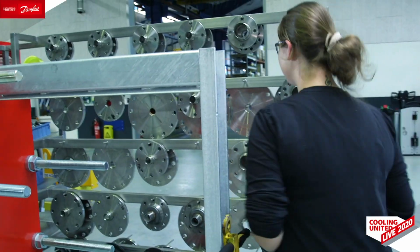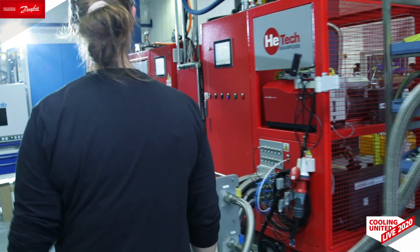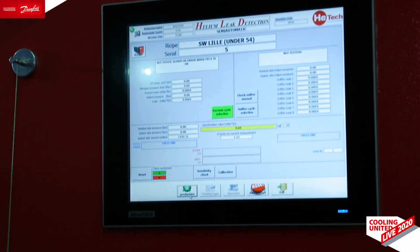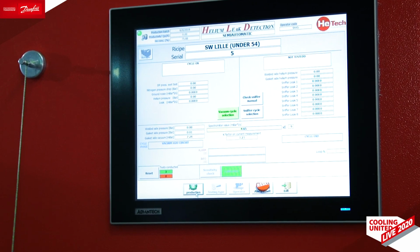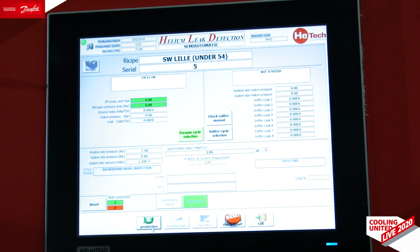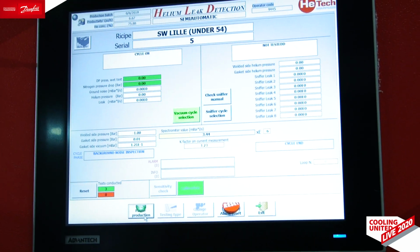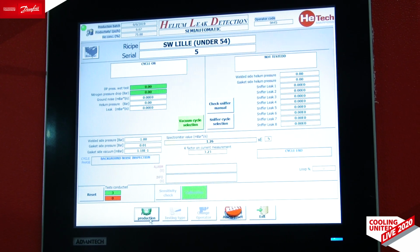This is our helium leak test equipment. You see that the heat exchanger is connected now with other pipes. We start by sucking vacuum on the welded side, going to full vacuum. Yeah, you can see -1 on the screen. There is no moisture, and once this has been approved, or at least the amount of moisture is acceptable,